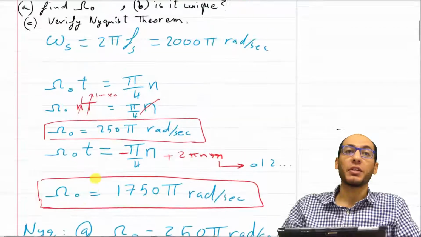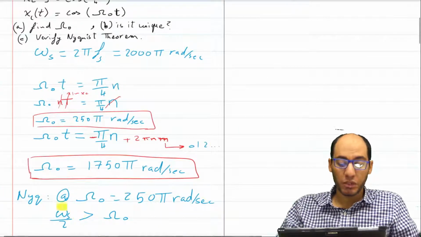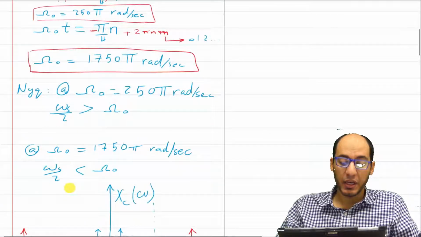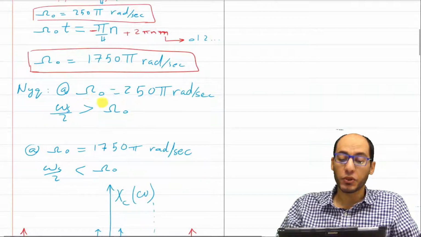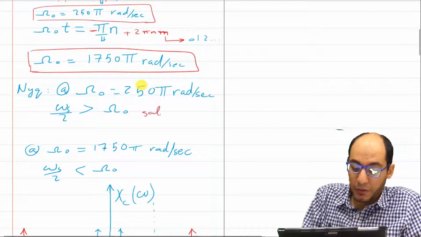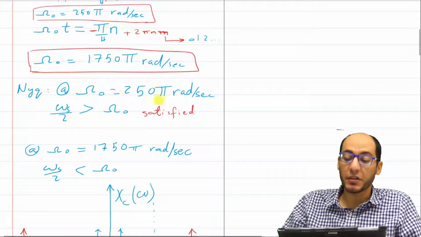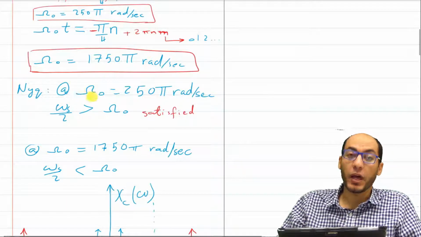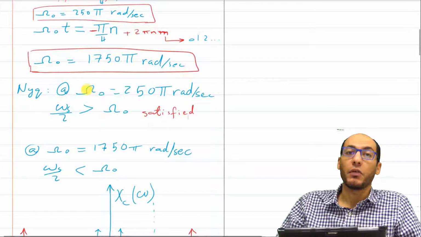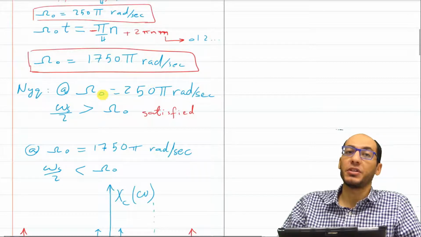Well, I calculated omega s to be 2000 pi radians per second, which means that omega s over 2 is greater than omega naught, which means that Nyquist has been satisfied. So if you feed a signal with frequency omega naught, then